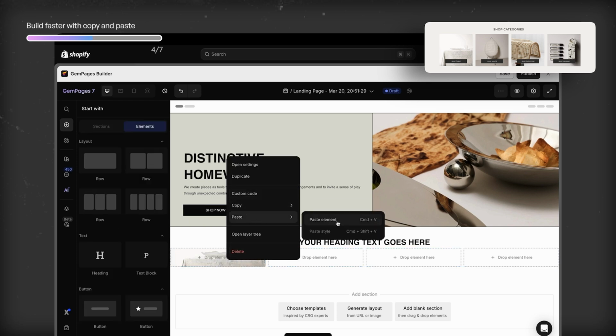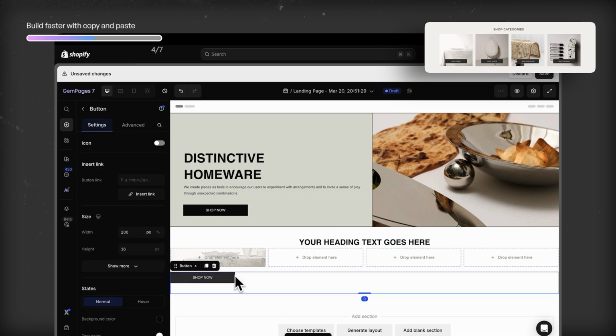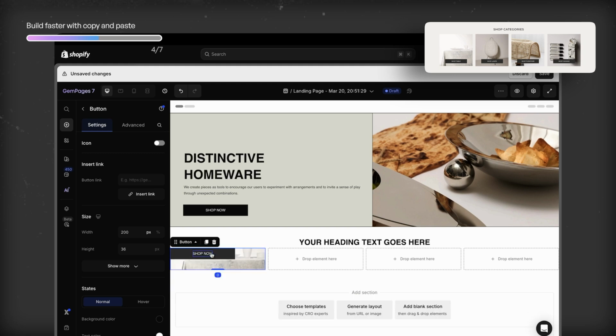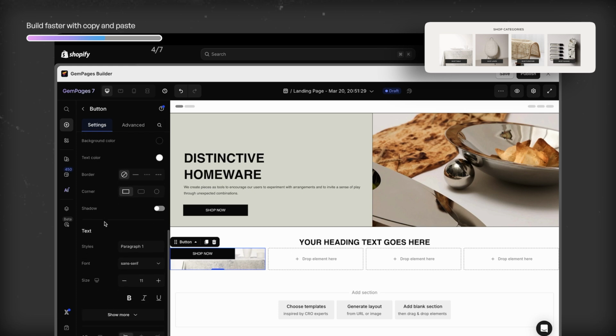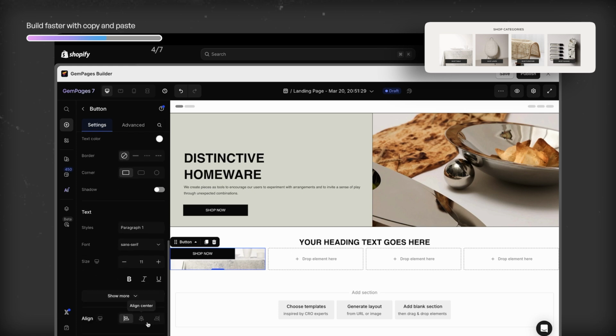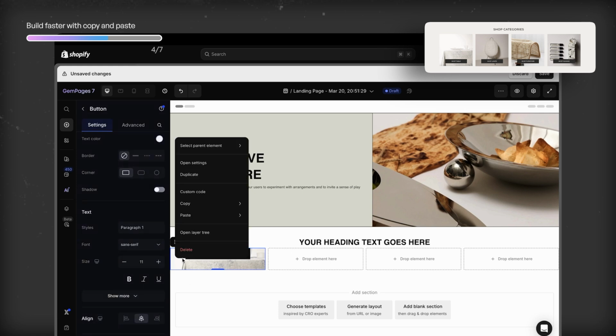Paste element. Whoops, and I pasted it into the wrong place. So what I can do is hover over these dots and then drag and drop it to the correct place. And of course, this is not what we want. So let's go to the settings, and if I'm not wrong, we can align it to center,